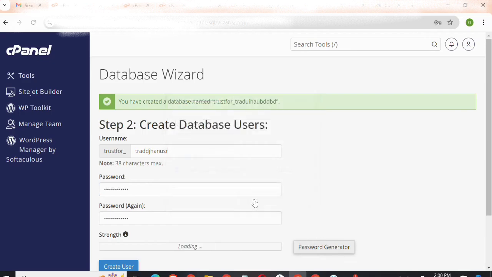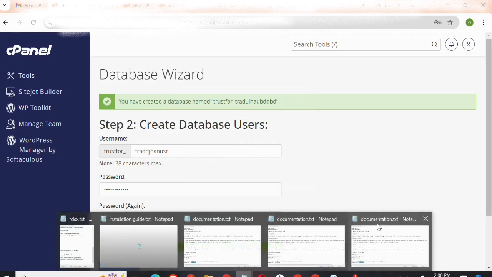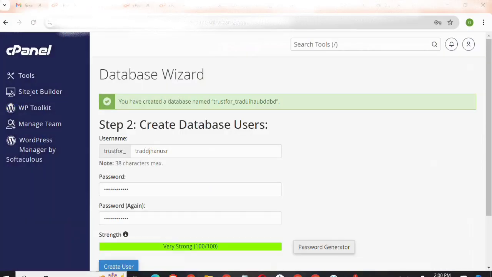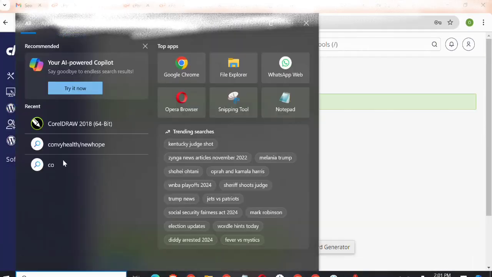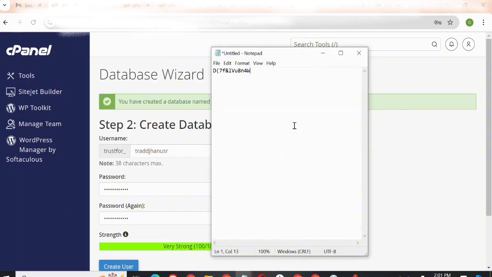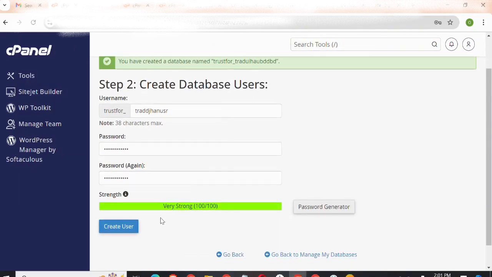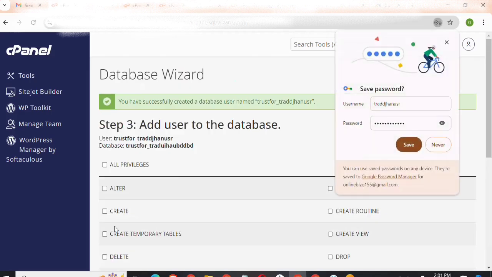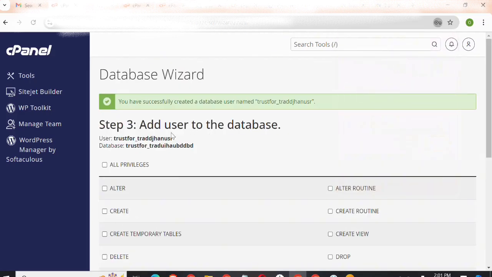I say use password. So I'm going to save this on my notepad. So this is my notepad. I also have to click Ctrl V and save it. Then I'm going to click on create user. So once you're here, just make sure you copy and keep these details because you're going to